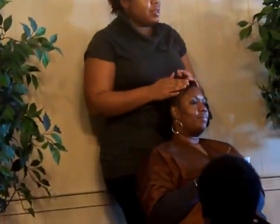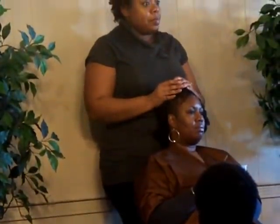Now, how much is an intricate style like that? Yeah. Okay, this would start at 70. And if you add extensions to it, I can, and what I would do actually